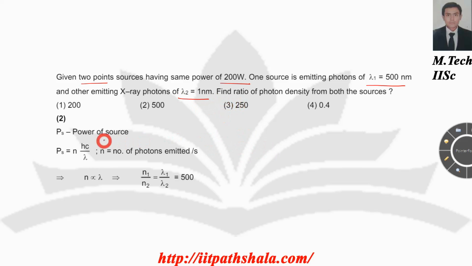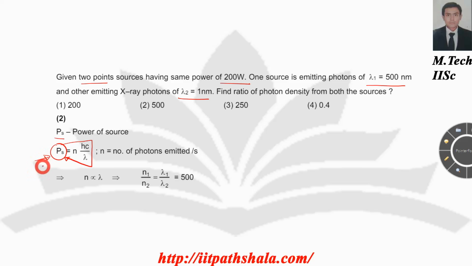So you can apply the direct formula over here, which says if you have a power, then you will be relating the power with the number of photons as follows, from the direct formula of your modern physics chapter. If you have learned this formula from your atoms and nuclei chapter itself, then well and good. If you don't know, then please write it down.